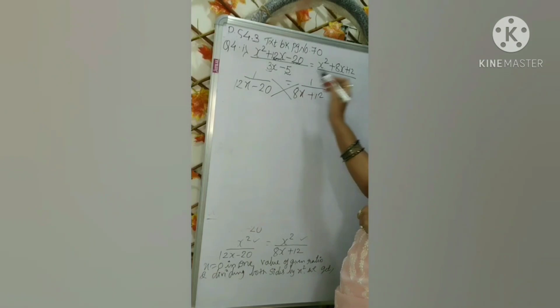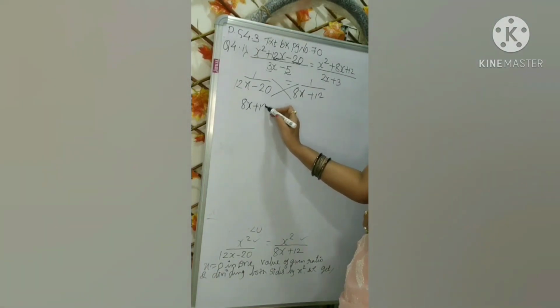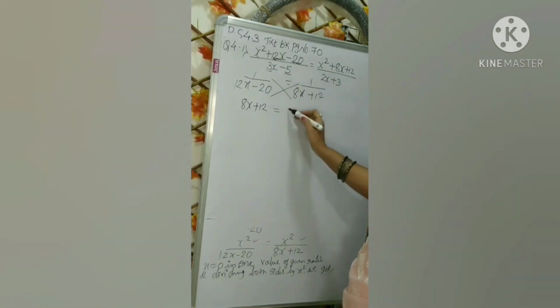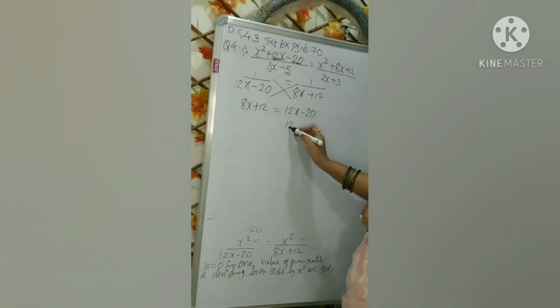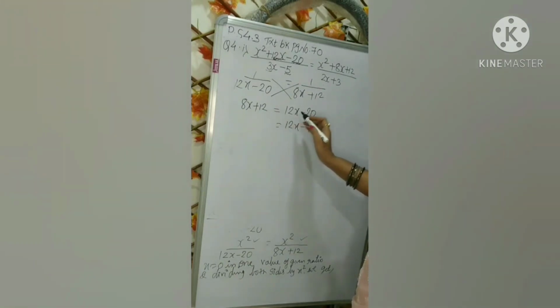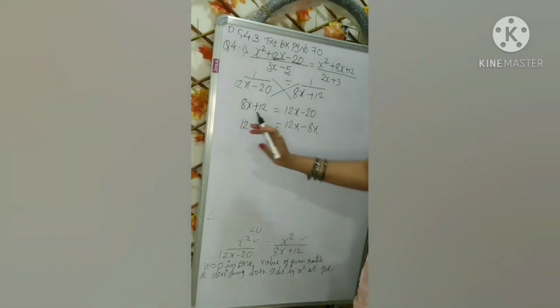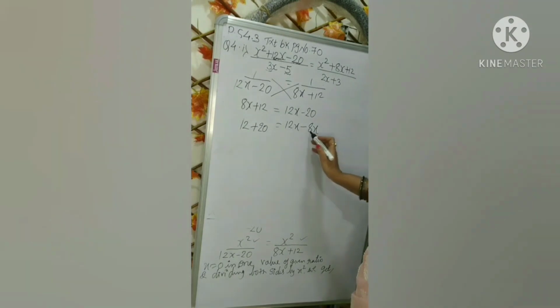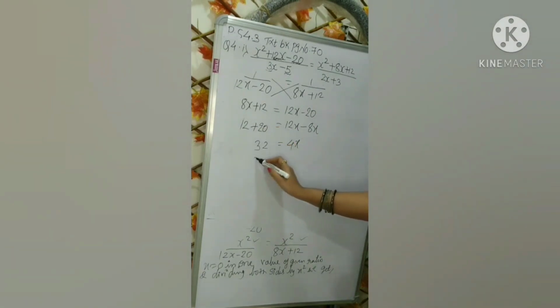The next thing I do is I cross multiply this ratio. So 1 into 8x plus 12, I'll be getting 8x plus 12 itself, and 1 multiplied by 12x minus 20, I'll be getting 12x minus 20 itself. Always bring the smaller number, smaller like term near the greater one. So 12x minus 8x is equal to, 12 remains there only, this minus 20 you bring closer to 12. So you get plus 20 here. So 12x minus 8x is 4x. 12 and 20 if I add, I get 32. So finally x is equal to 32 divided by 4.